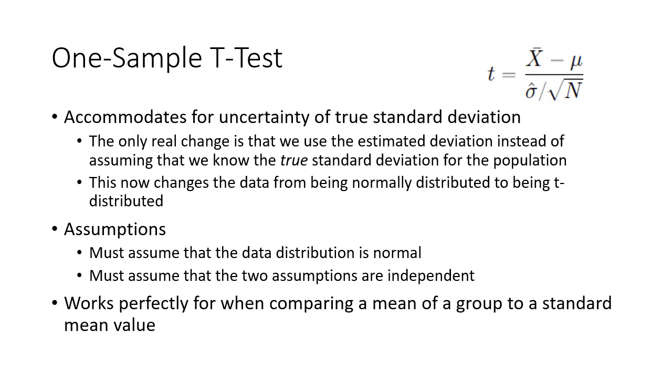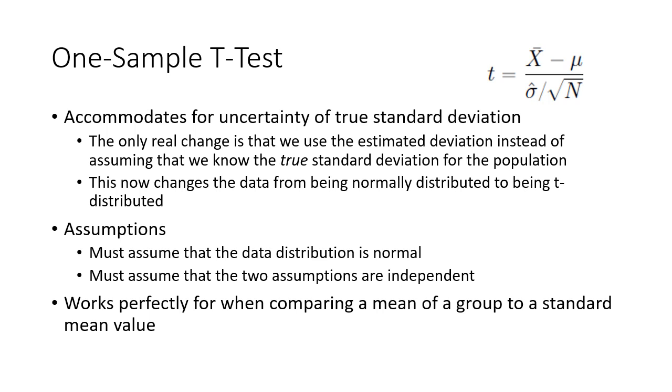This gets rid of uncertainty because we're no longer assuming that we know the true standard deviation for the population. The effect that this ultimately has on the calculation is that it makes the statistics more resemblant to that of the sample, but it also changes the data from being normally distributed to being t-distributed, or essentially having heavier tails. One thing to note, as the sample size n increases, the more resemblant of a normal distribution the data will have for